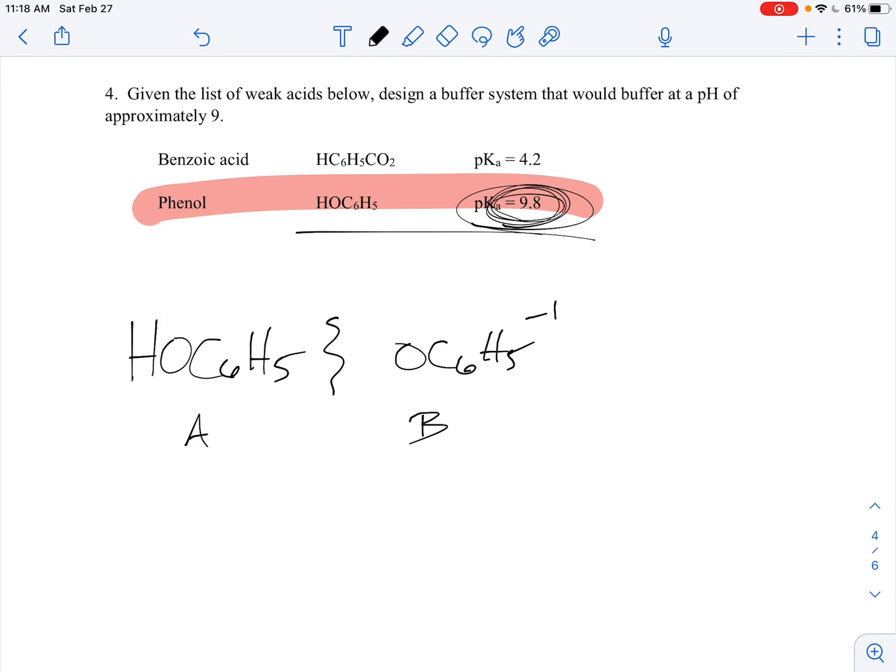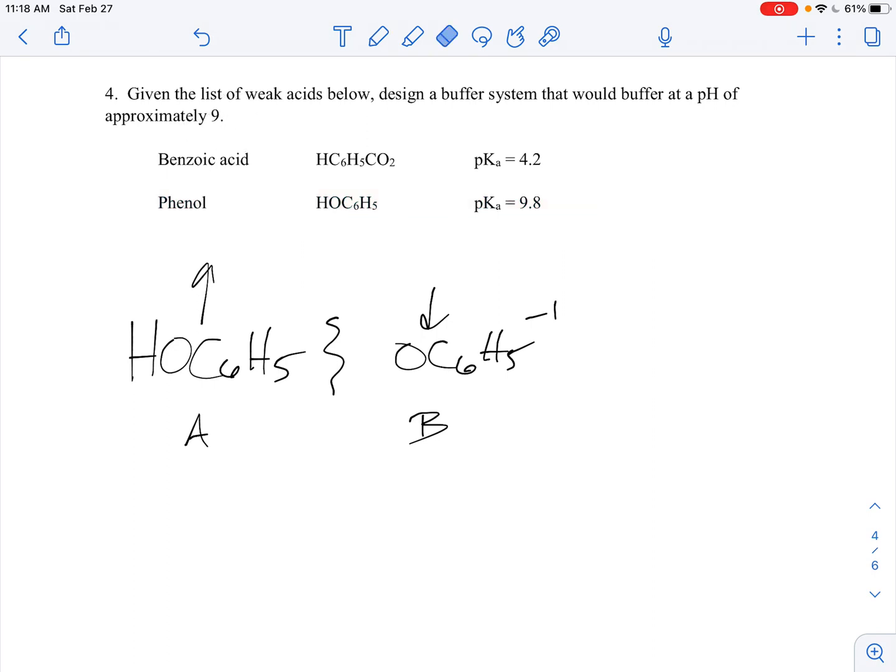You will have to adjust the acid or the base to be higher or lower to get that exact pH that you want. So for example, in this particular case, not that this has anything to do with the problem, but since you are starting at a 9.8 and you want it to be at a 9, you're going to want more acid and less base in this buffer so that you can get it down to a 9. But still, you want to have a little bit of this guy here and a little bit of this guy here, because that's how the buffer